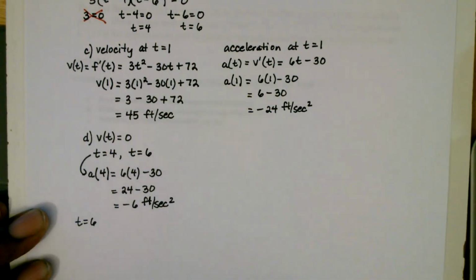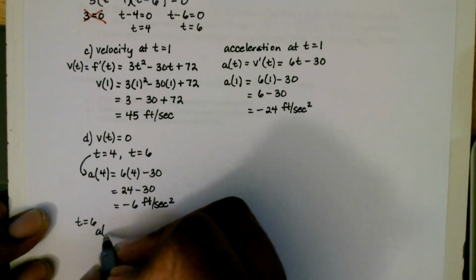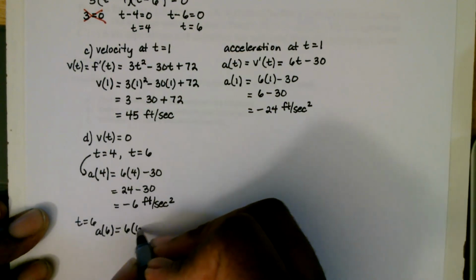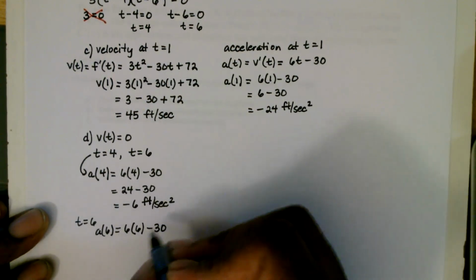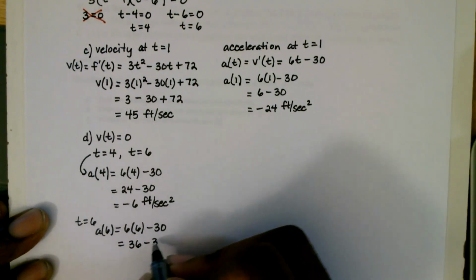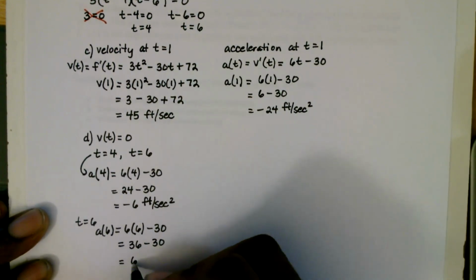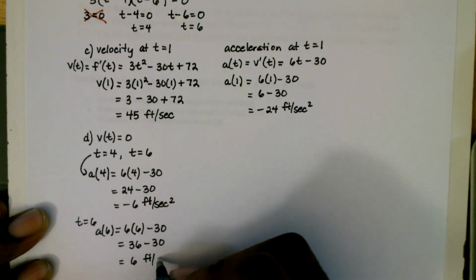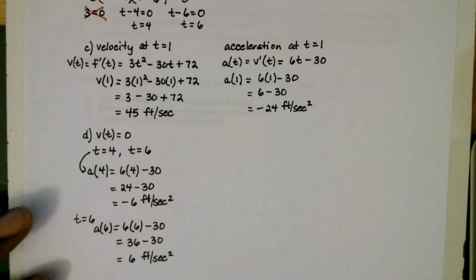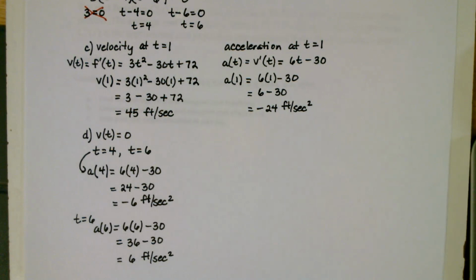Now for t is equal to 6, this time a of 6 will be 6 times t, which is 6, minus 30. 6 times 6 will be 36. 36 minus 30 would be 6. So it'd be positive 6 feet per second squared. Okay. So in this case here,